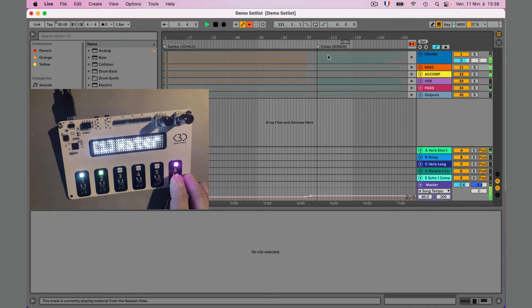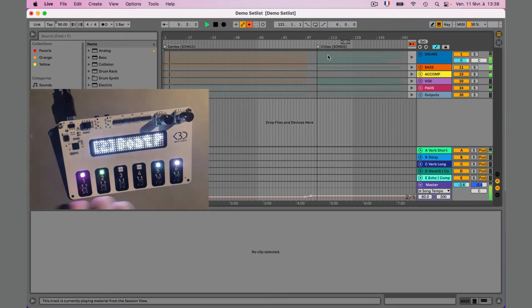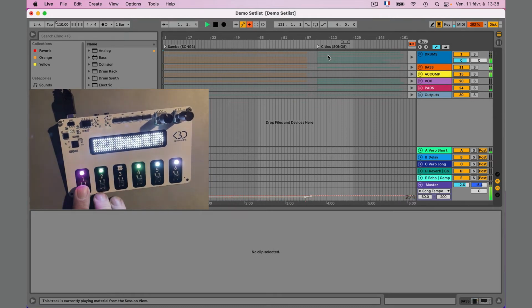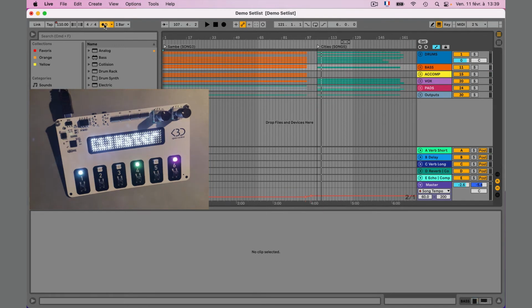This means that if you have reached the end of your song and live playback is still running, you can start the next song immediately. And while the launch is not quantized, the song is still synced with the metronome. Launching a song with button 2 will be quantized according to the global setting.